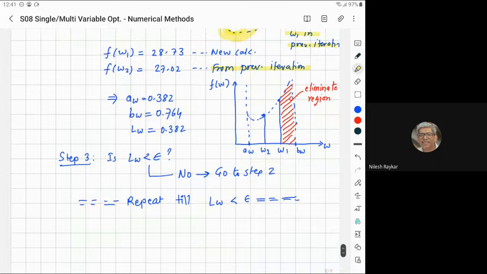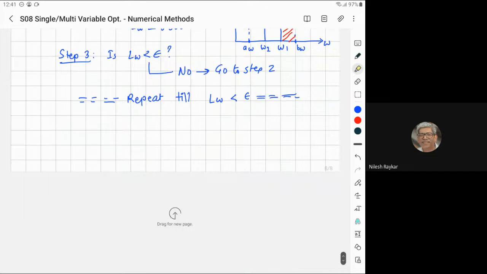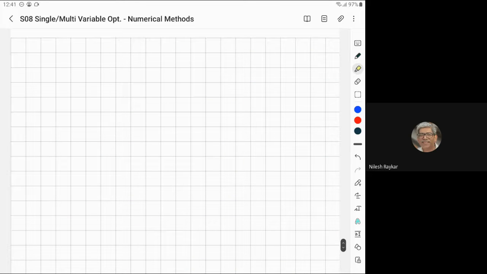Okay, so that is till yesterday. Now let's move to today's class. So we look into the third method, which is used for univariable optimization. There are different types of methods, so we are taking only one sample method. If you look into the book by Datta, you will find that many other algorithms are explained under each category. So you can try out others if you want in your project work.